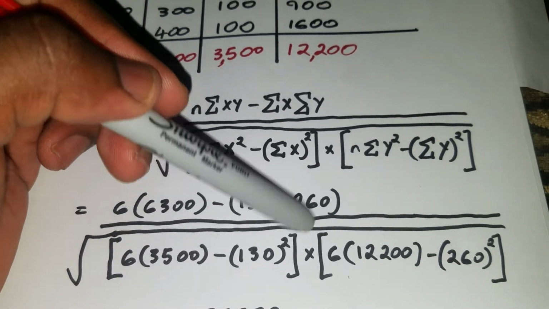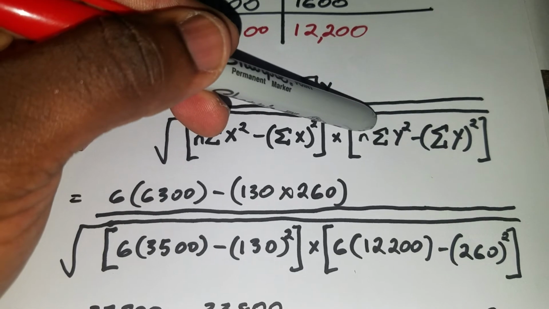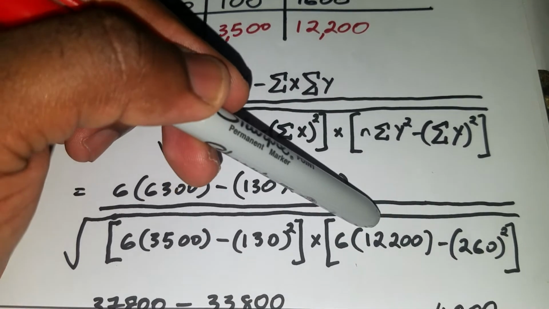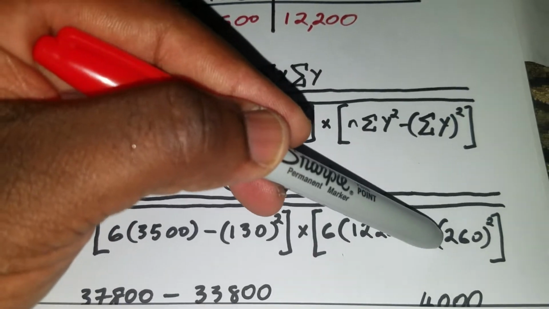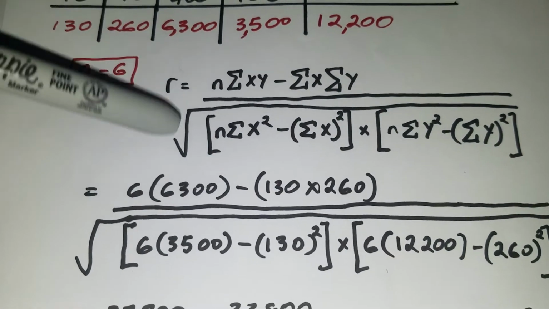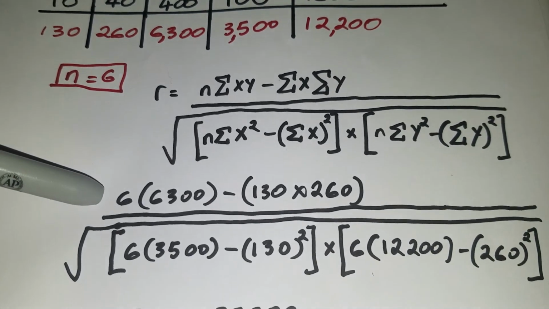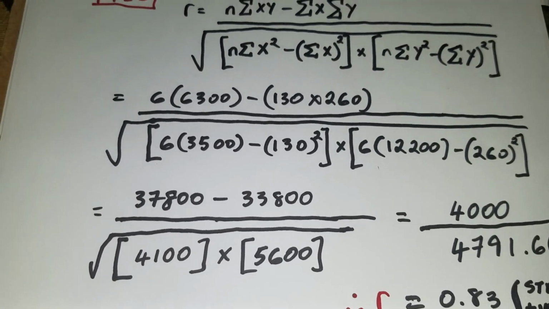Close the brackets, multiplied, as we see. N again is 6, multiplied by the sum of Y squared, which is 12,200, minus the sum of Y all squared. The sum of Y is 260, and we will square it all. That's what we have. So when we calculate the numerator, 6 times 6,300, as you can see, we're left with